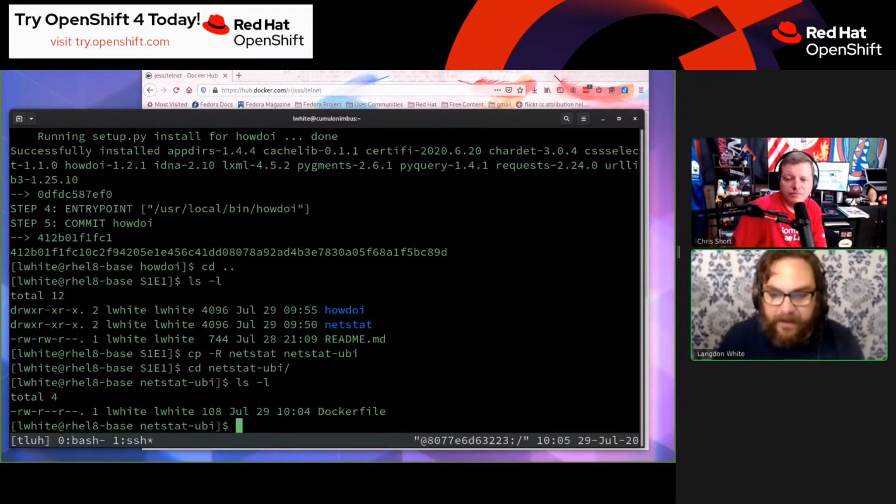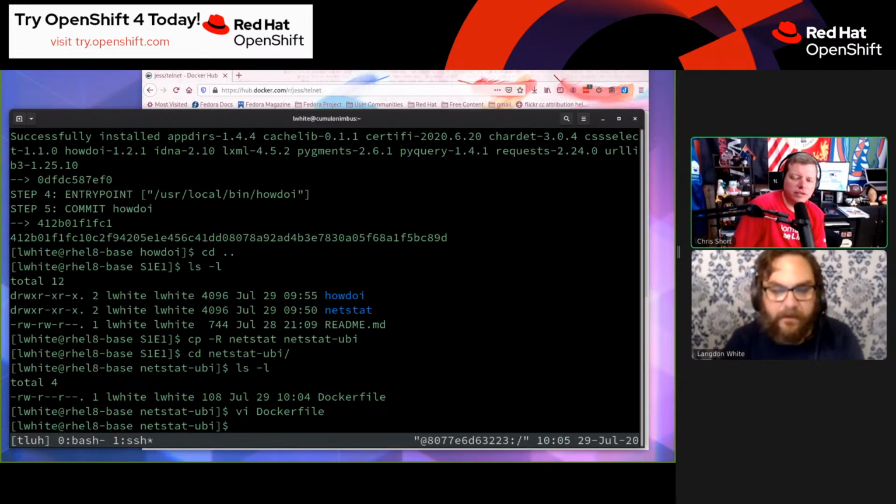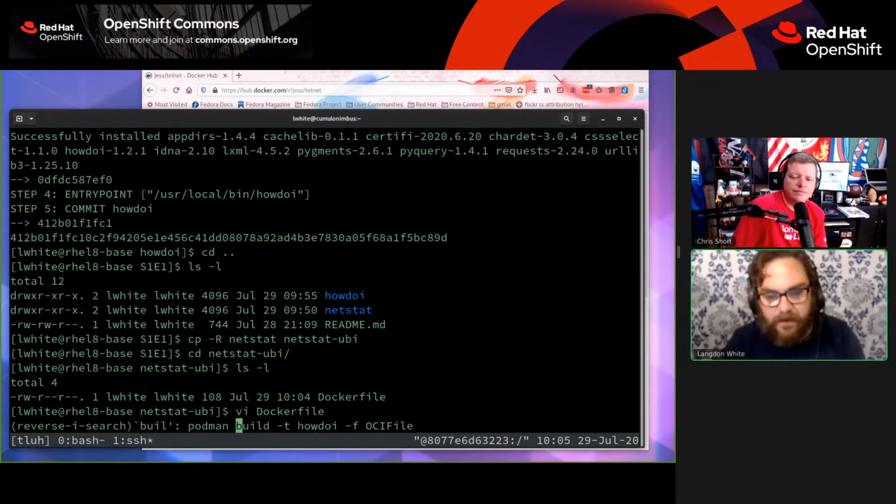So that's kind of my choice a lot of the time. I also use Fedora a lot, so I'm familiar with where stuff is. So that also makes a difference. But as you can see, we can just do UBI. It's UBI 8, right? Not UBI-8. Yeah, I think so. Right. But we can just build,